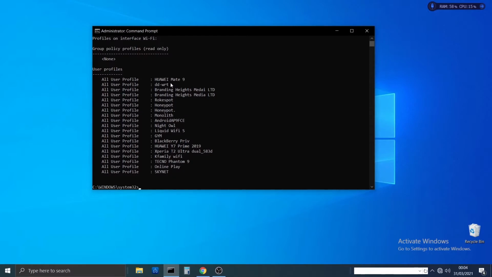Now I showed you how we can see the password for Monolith, the Wi-Fi that we're connected to, but maybe you want to know the Night Owl password, maybe there is a Wi-Fi that you connected to and you don't remember the password. So what you do is type in netsh wlan, which is wireless local area network. We're going to export the profile to a folder